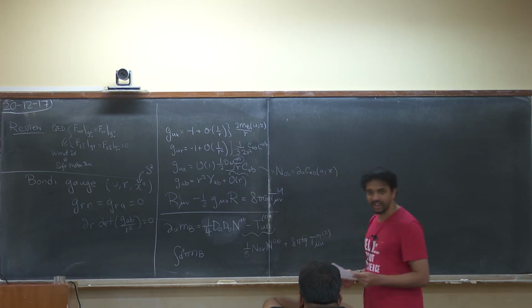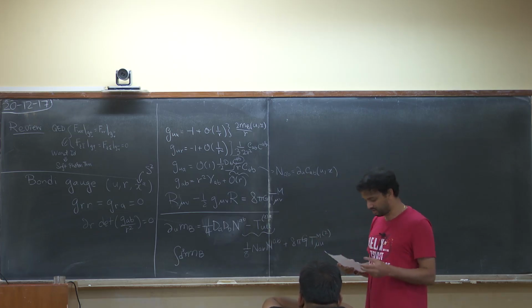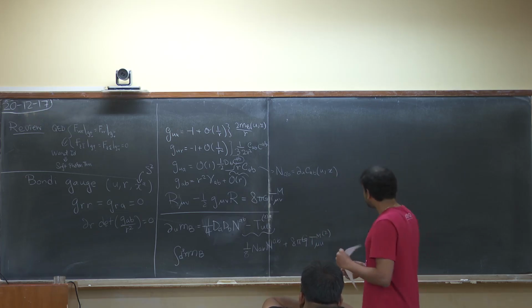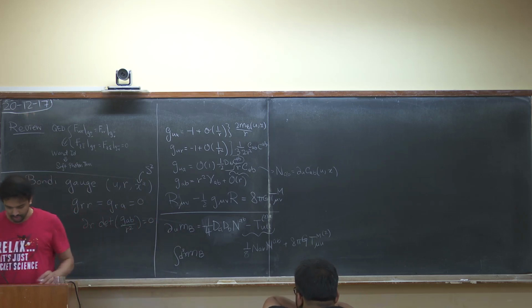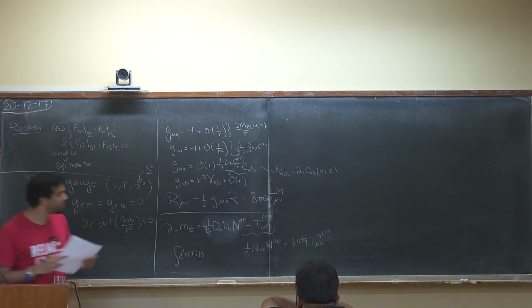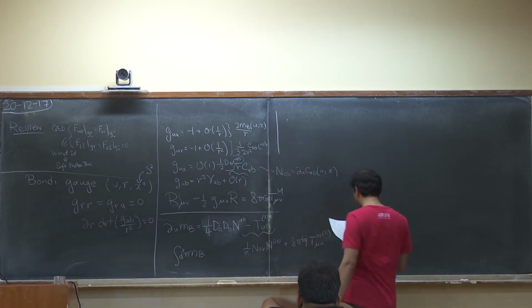So this was the original analysis that told you that gravitational waves carry energy. Okay, so this is just the definition of asymptotically flat spacetimes. And then how do you use this to derive the BMS group?